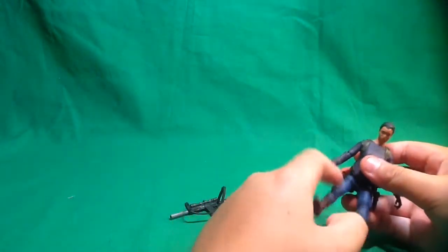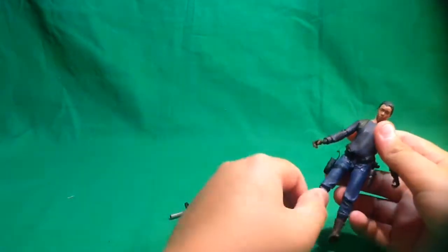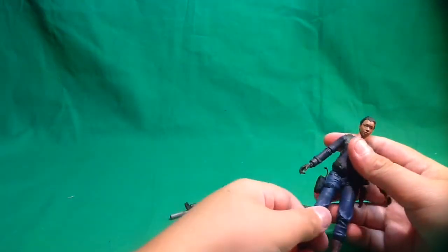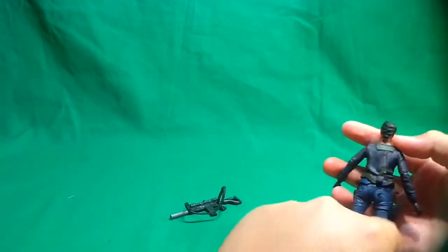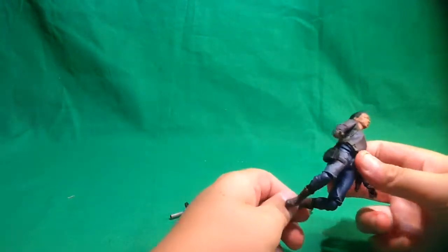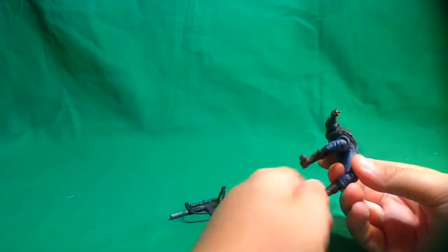I believe it was the right leg here that broke off while I was playing with him, and it kind of sucked because I had to wait to get a new one once they restocked at my Walgreens. So let's hope that doesn't happen with this figure. Anyways, her knees do bend a pretty good way because her pants here on the back do have this big slit, so you could get her to go on her knees like that if you want eeny, meeny, miny, mo position. And again, the ankle articulation down here, it's not really like a swivel or anything, but it's